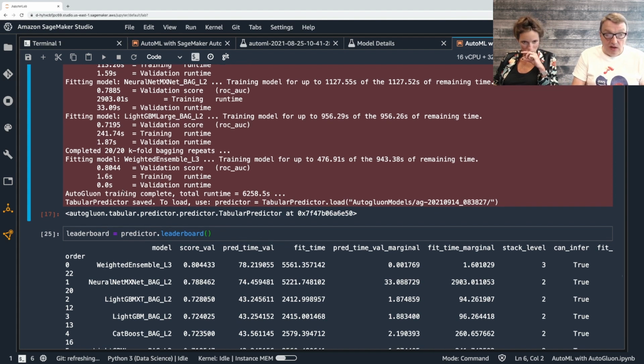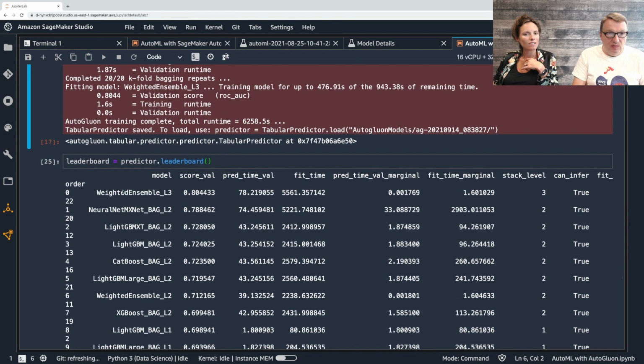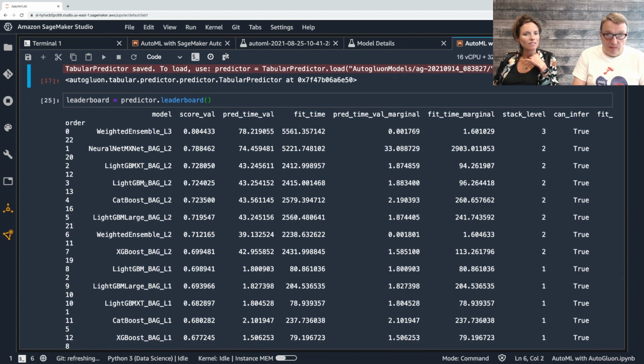So that's AutoGluon, and of course you can print the leaderboard. So obviously hopefully the L3 model is the best. Otherwise, something went wrong. We see the total training time. We see prediction time, and